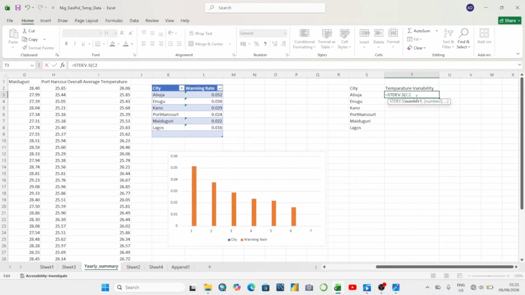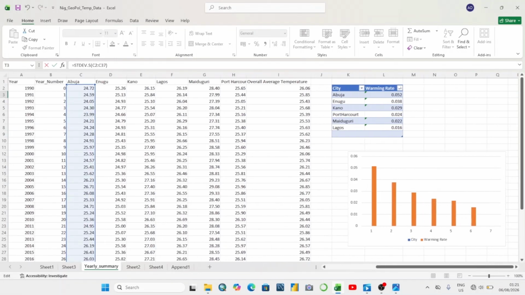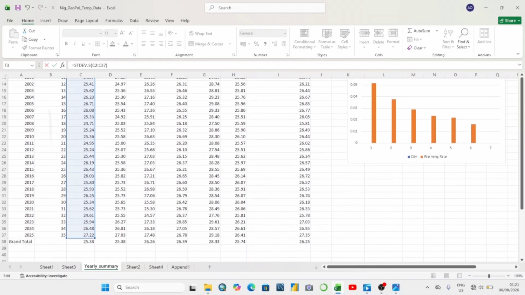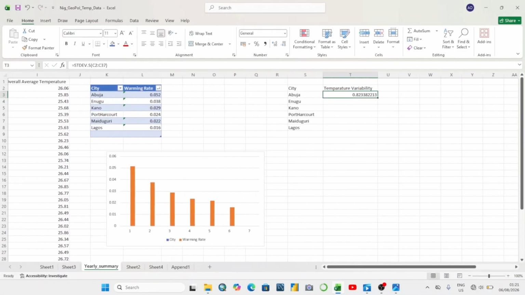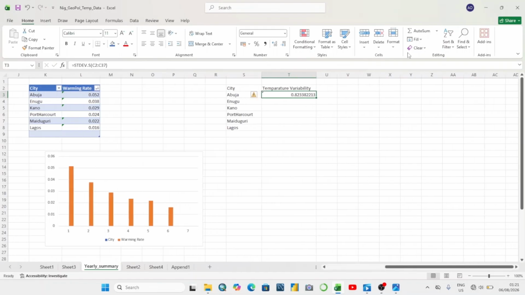C2 to C37. Let's see if our Abuja is highlighted correctly. Yes, it is. So we enter it. The next is Enugu, so equals to